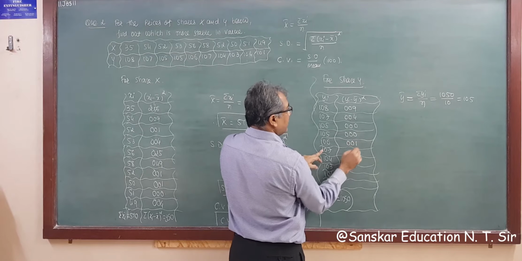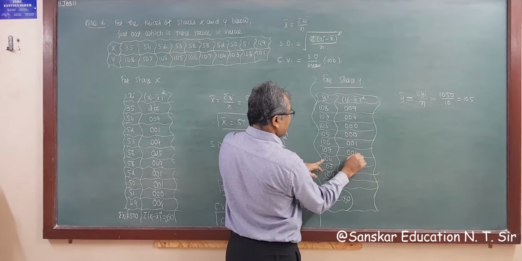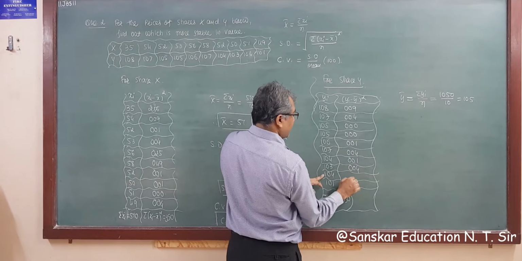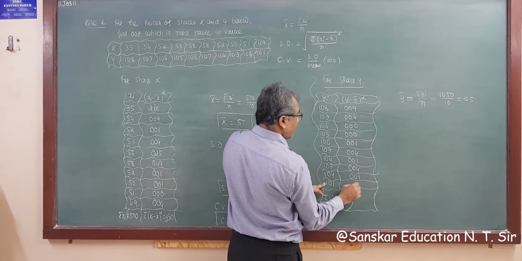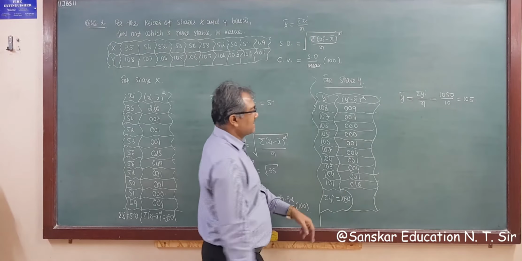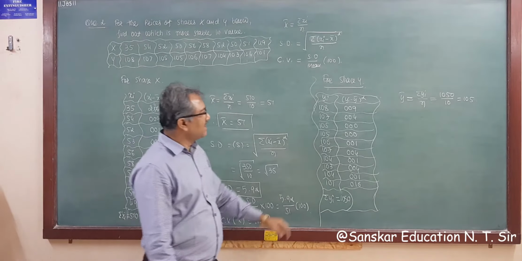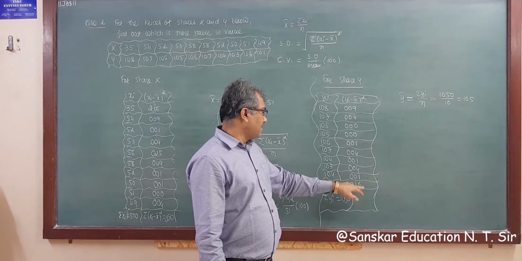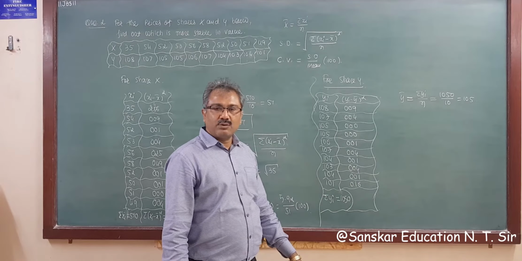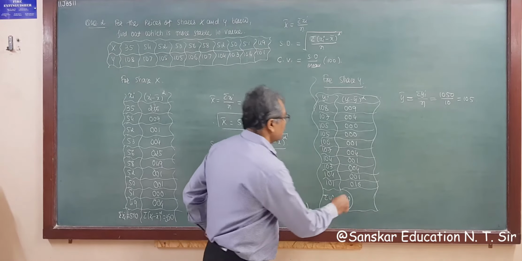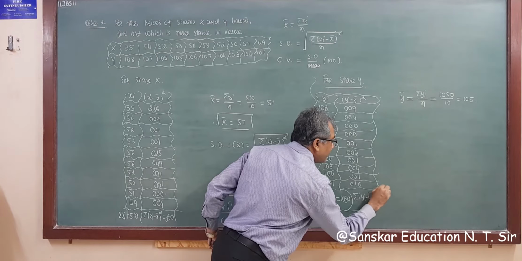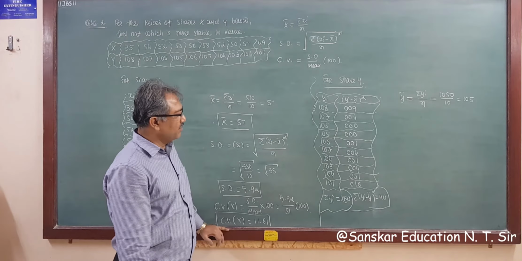So this is 0, 1. This is 2, so this is 0, 4. This is 1, so this is 1. 3, that is 4. And 4, that is 1. And 1, that is 4. So this is 16. So it's very easy to count this. So 9, 13, 14, 18, 19, 23, 24 and 0, 16. That is 40. So sigma yi minus y bar whole square is equal to 40. This is your answer.